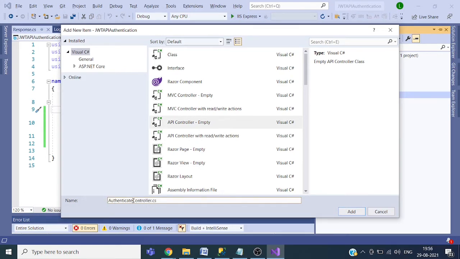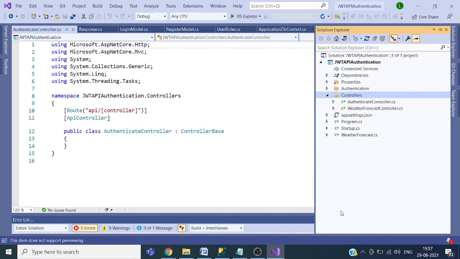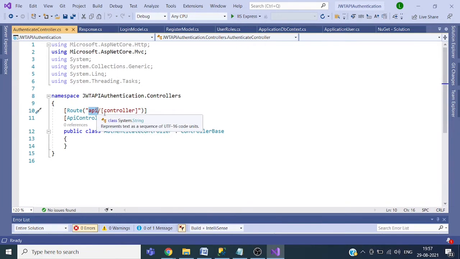The controller name is mandatory here, and you can change this one. So this is the format of our API. In the URL we will have api, then a forward slash, and then the name of the controller. Here the name of the controller is Authenticate. So the URL will be api/authenticate.